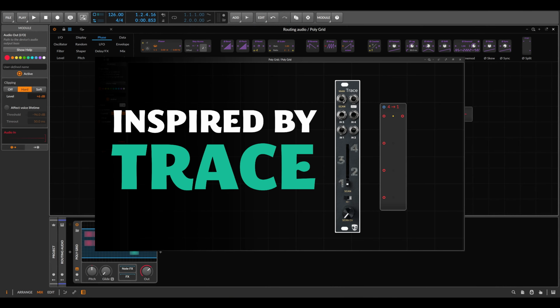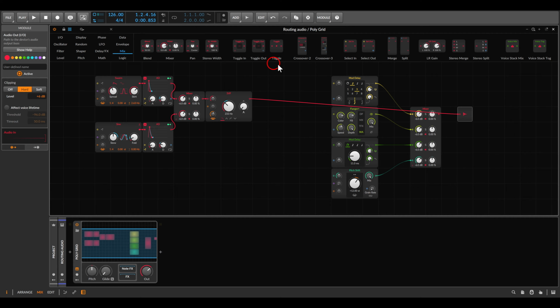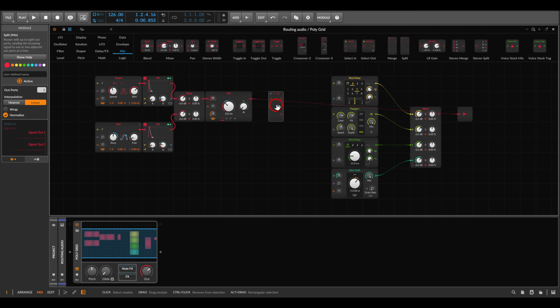So not long ago I made a video about the Trace Eurorack module, and Path is the same idea but the other way around, so routing one signal to multiple destinations. In the grid we can do this with the split module, right? Also here we can set it to have 4 outputs in this case. And if we leave it in linear mode, it will crossfade between the outputs and will continuously route the input